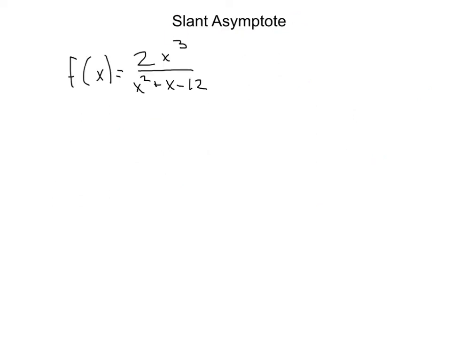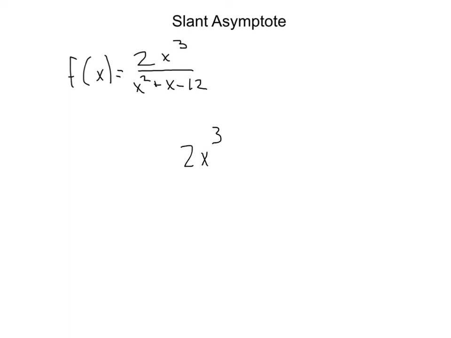Alright, finally, slant asymptotes. How to find your slant asymptote, remember, is if the degree of the numerator is 1 more than the degree of the denominator. Here we've got a top degree of 3, a bottom degree of 2, so that's 1 more, so we know there's a slant. What you need to do is set up a long division problem. If I did this, I'd have